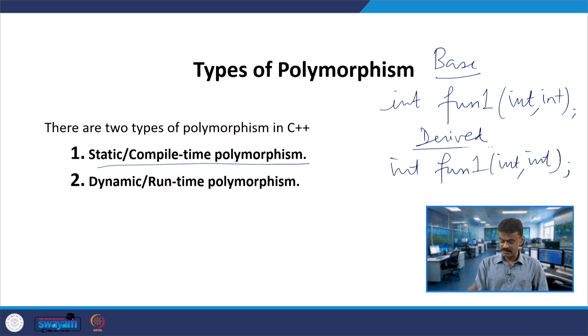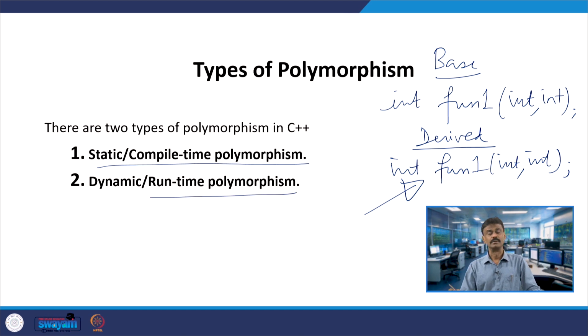Which function will be called? Assume the functionalities are different. In function 1 I put cout welcome to IIT Roorkee, and in the derived class I write cout welcome to IIT Madras. Assume the object is created under the derived class. Which function will be called? This will be decided during runtime. Therefore, this polymorphism is called runtime polymorphism.